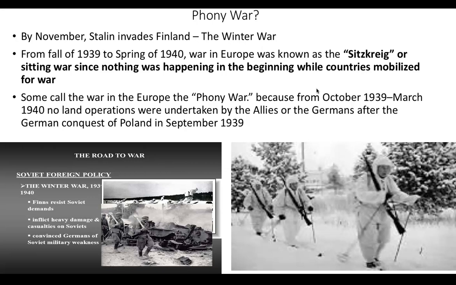Which really convinces Germany that the Soviet Union is too weak. And that's part of the reason why later he also wants to attack the Soviet Union, because he feels like they truly are weak. But he was going to attack them no matter what. He was planning on breaking this deal. It was just obtain Western Europe first, then take on Russia. That way he wouldn't have to split his forces so much like they had in World War I.